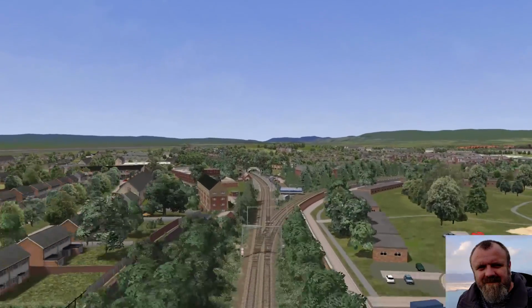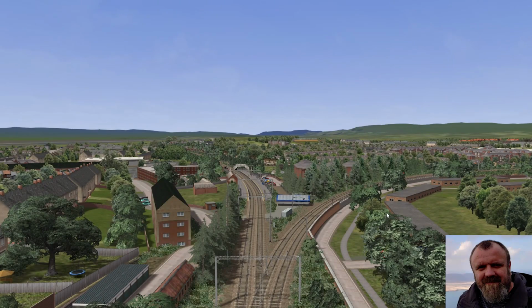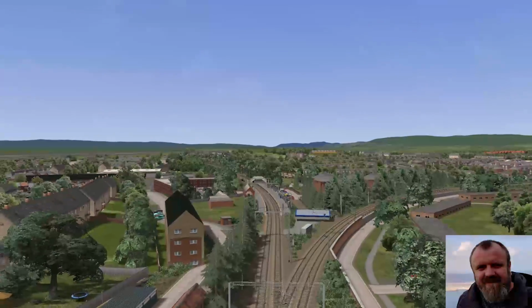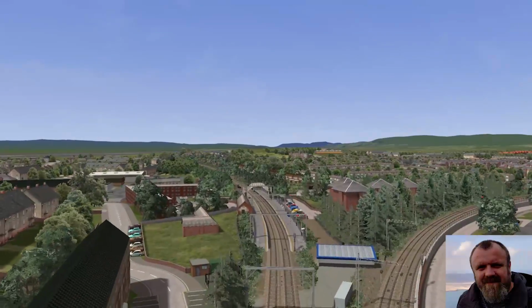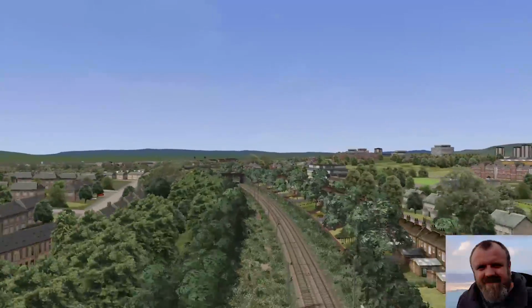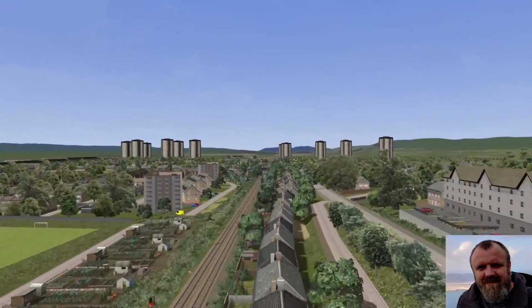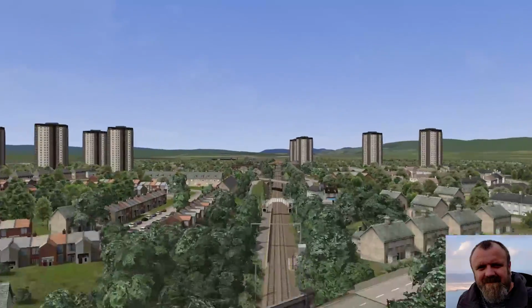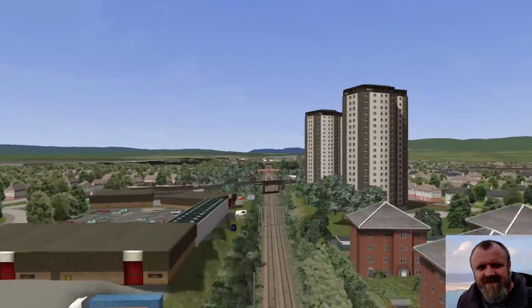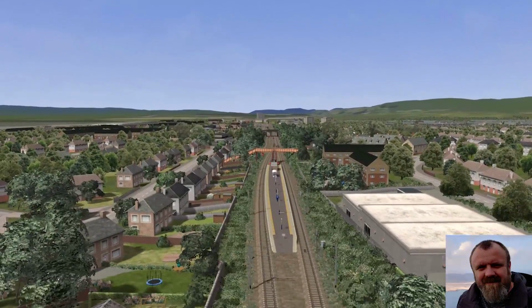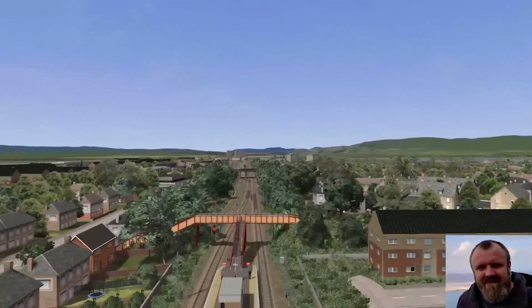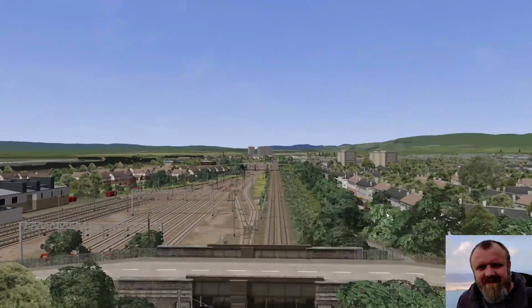You see across here is Hyndland Junction, and the line on the right goes up to Singer and Milngavie, and the line straight on here, which I'll go down just now, passes through Yoker to Dalmuir. I'll go this way just now because then you can see Yoker Depot and Scotstoun Grounds on the left there. Passing through Scotstoun Hill, you'll see coming down here Garscadden Station, which is another one that's been made by Rivet Games, and then into Yoker Depot on the left.